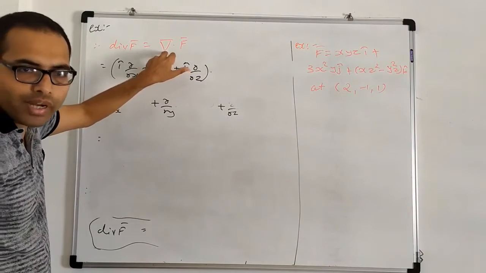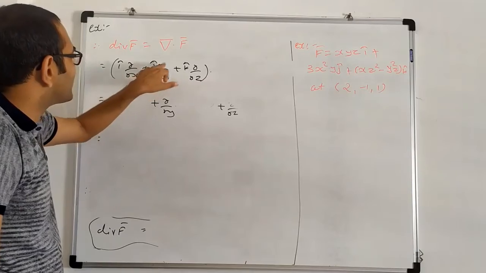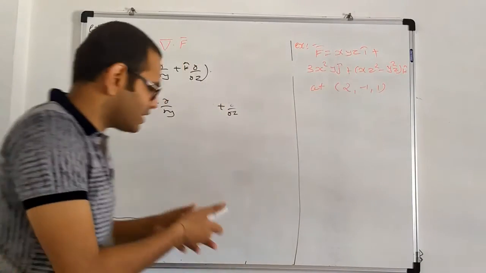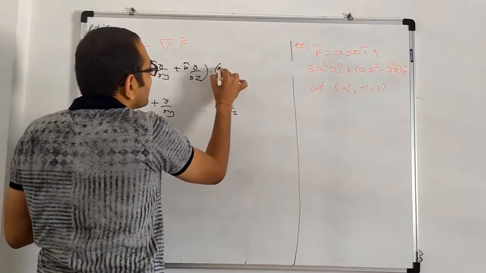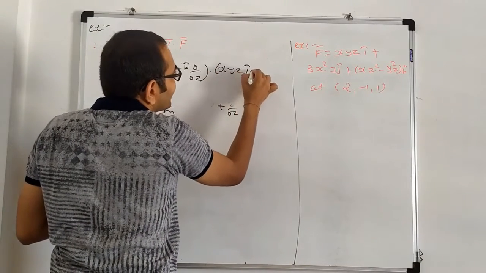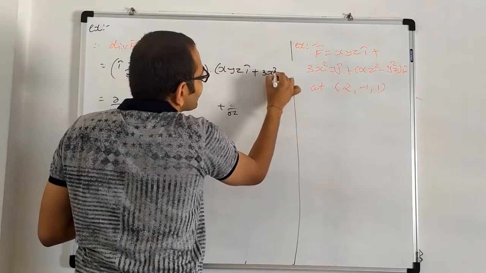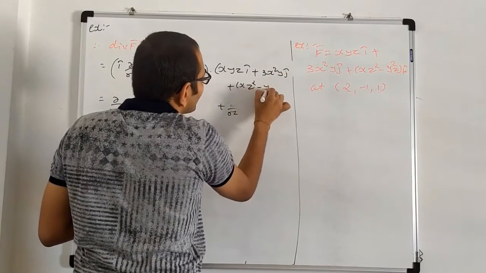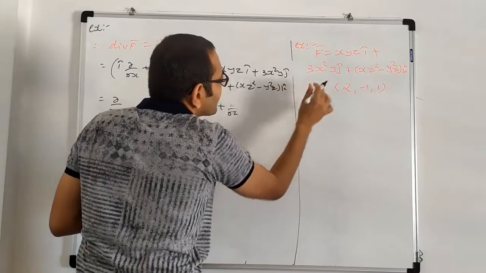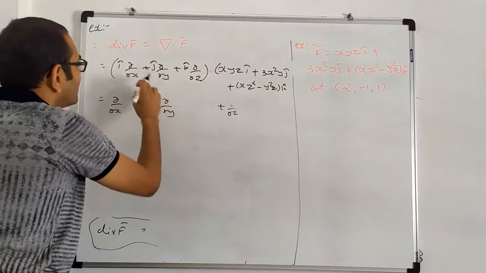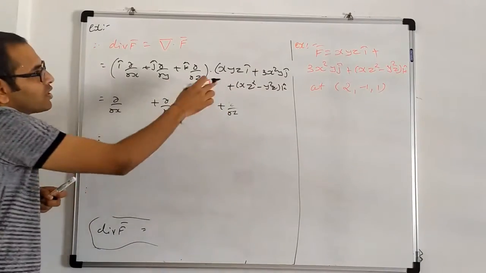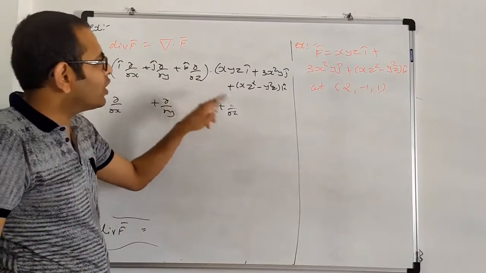Nabla is our operator, then i cap del by del x plus j cap del by del y plus k cap del by del z. Substitute the value of f bar, that is xyz i cap plus 3x square y j cap plus (xz square minus y square z) k cap. Then i dot i is 1, j dot j is 1, k dot k is 1, and i dot j, j dot i, k dot j, k dot i,